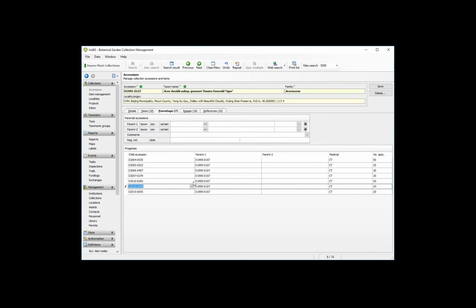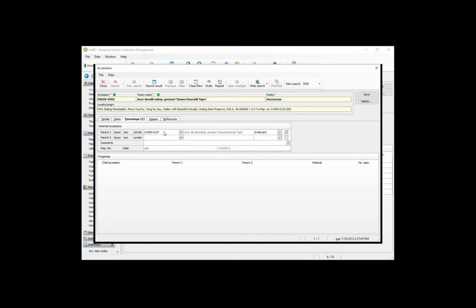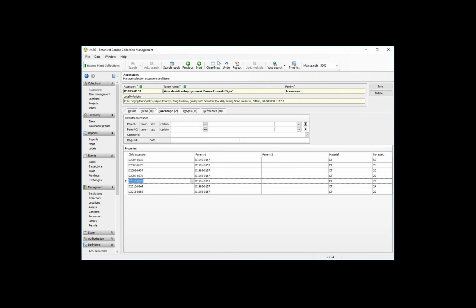And what's nice with this, and the point that I was going to make, and if I go back into one of these, you can see, and there was nothing ever produced of that. That was in 2010, before we used to keep records of things that didn't make it. But if you click on the parentage tab, you can see the mama plant. So when I accession that plant, I put in what the parent was. And something I started doing recently, let me see if I can find one of these, but